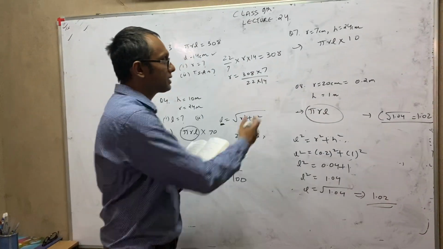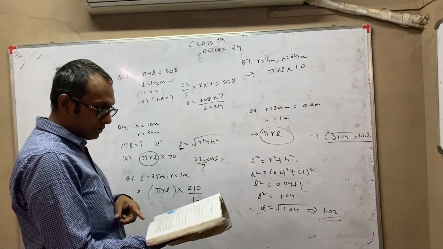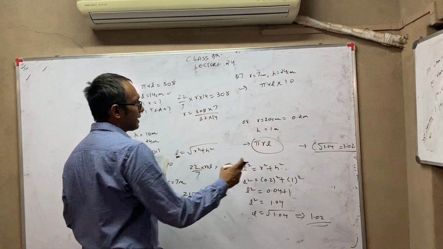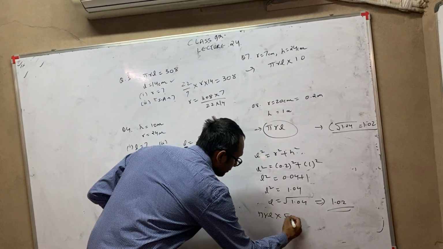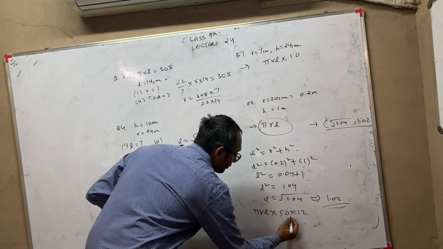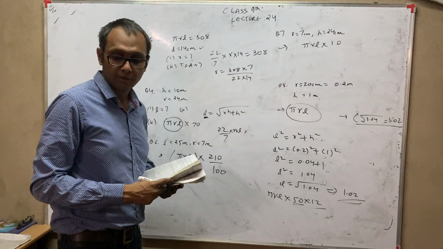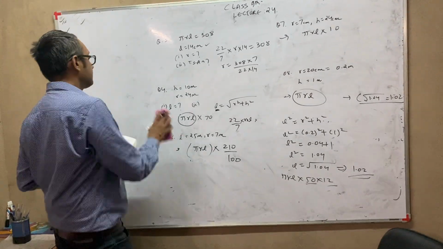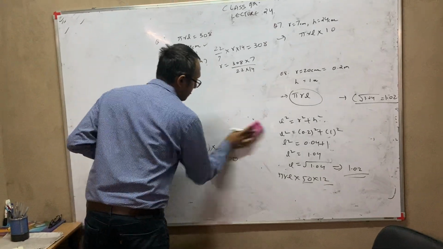And now of course you just have to do pi r L. And how many cones are there? There are 50 cones and cost is also given. So whatever answer you get, first you will do pi r L and then you will multiply this by 50 and then also into 12. 50 cones are there and cost is rupees 12 per meter square. Okay. Now the last question which is left is question number 5. So we will just see that.